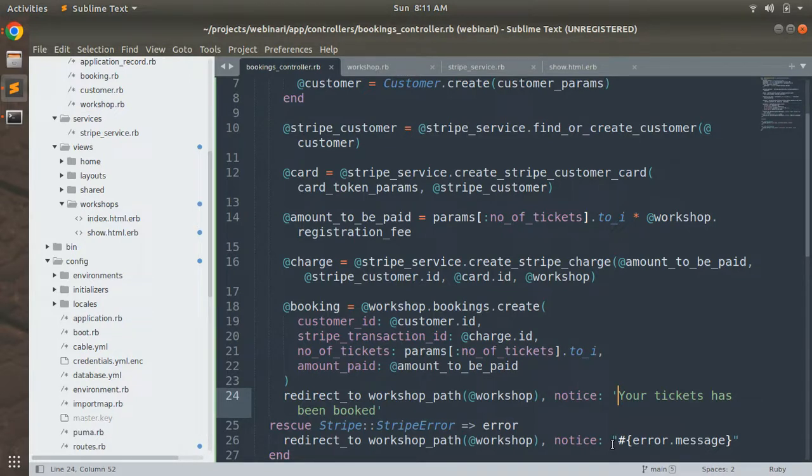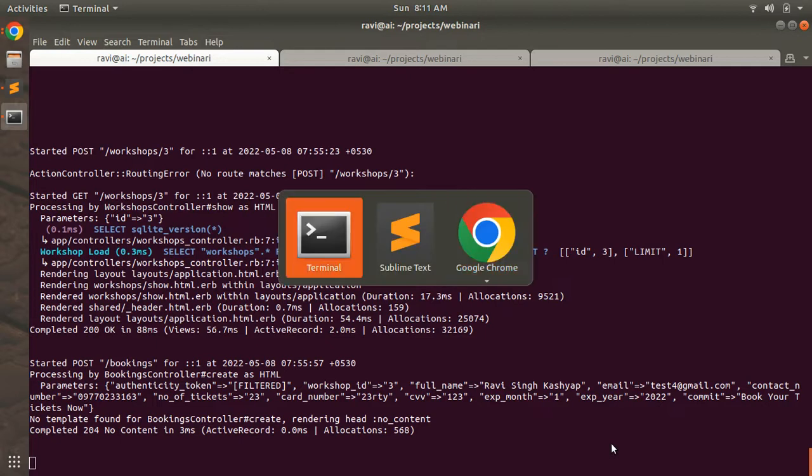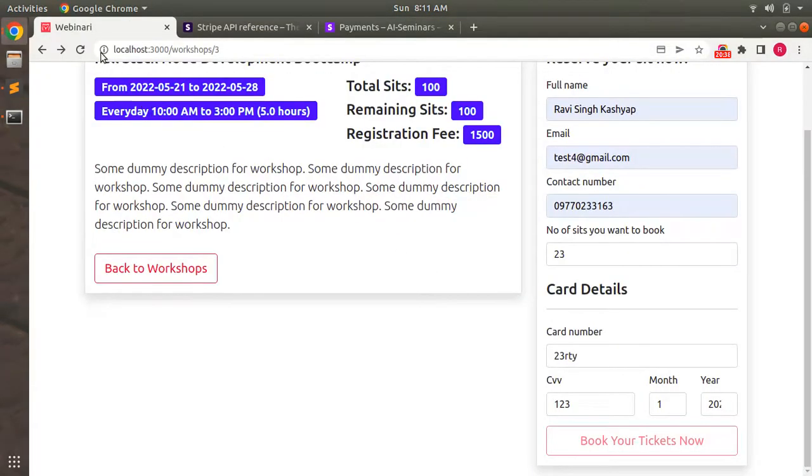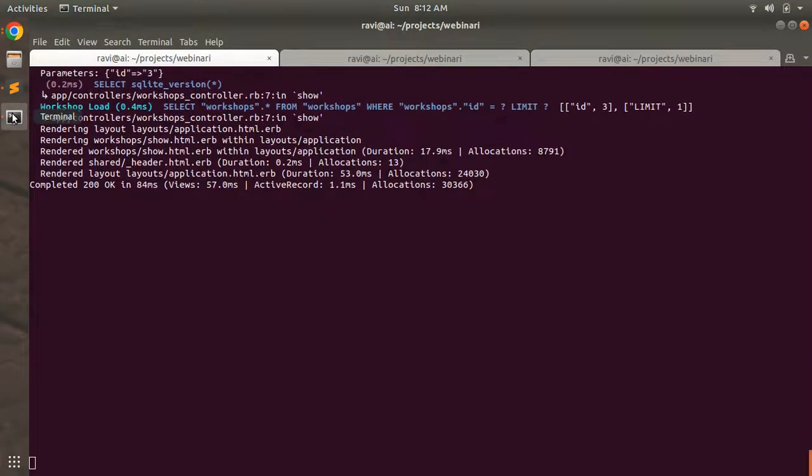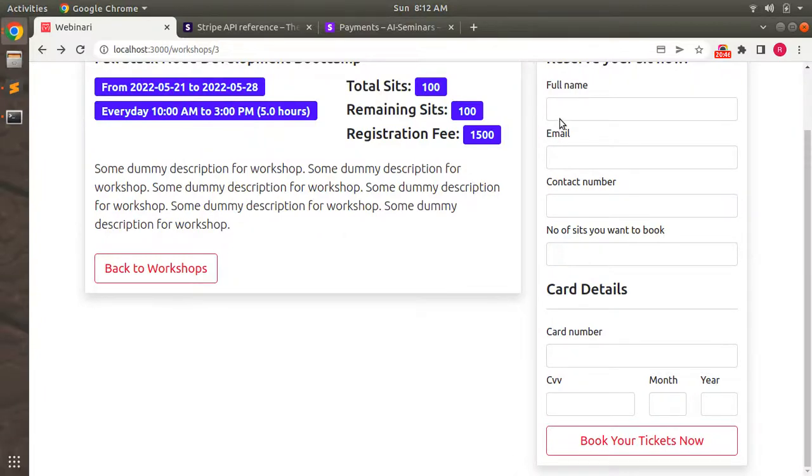Okay, now save this booking form, and now it's time to submit the booking form with some real data. Okay, not real, it's fake data, but it's time to test our booking form. So go to the browser, and now refresh the page. Now let's provide some customer details. Let's say Marcus,